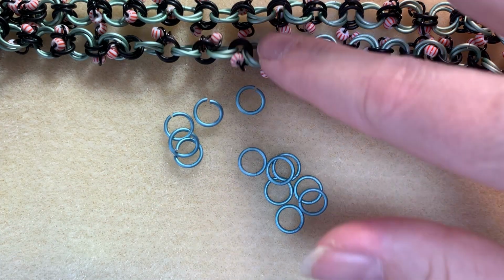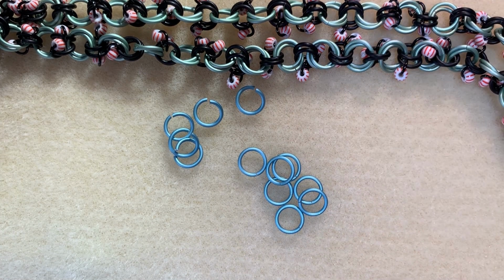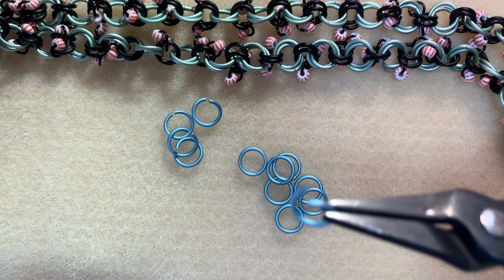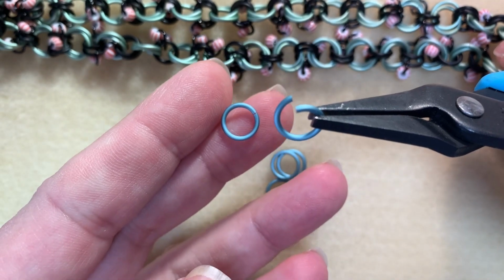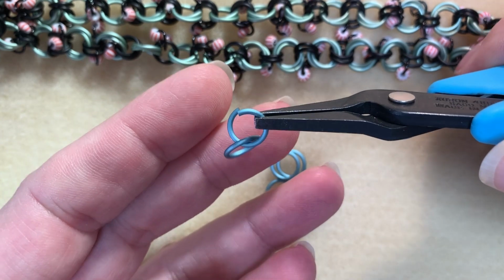And I left this chain so you can kind of see what we're going to do. So the first thing I'm going to show you how to do is make just a little simple rosette. And this is just such an easy technique, but it makes a chain look so pretty. So you just take an open jump ring, and you take a closed jump ring, and you put the open jump ring through the closed jump ring,